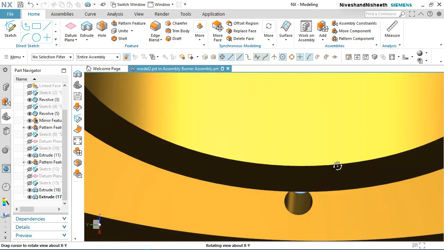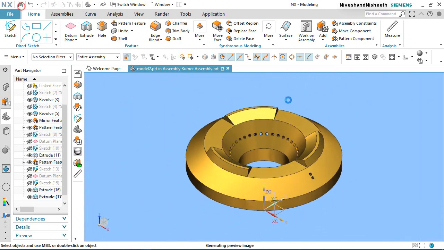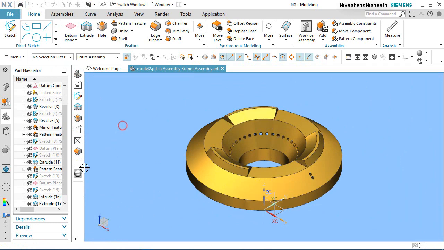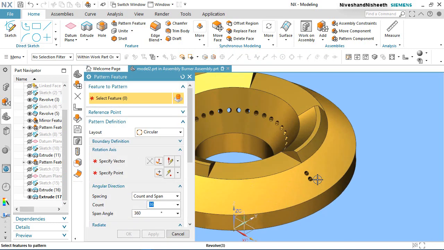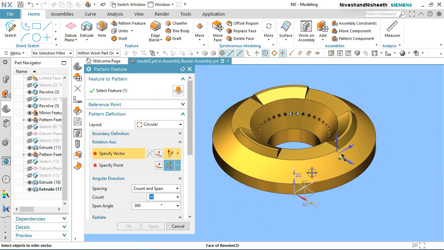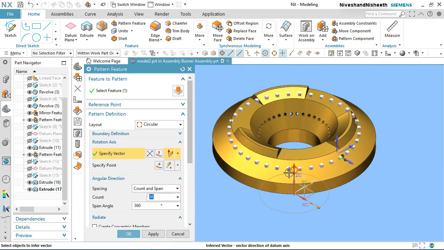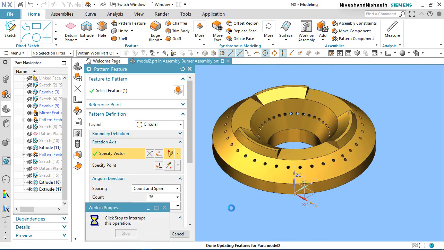Select this one and this one. OK. Select the pattern feature tool once again and select this whole feature. Select the Z axis. Pattern value 36.